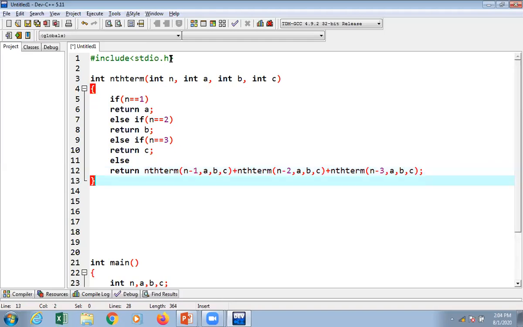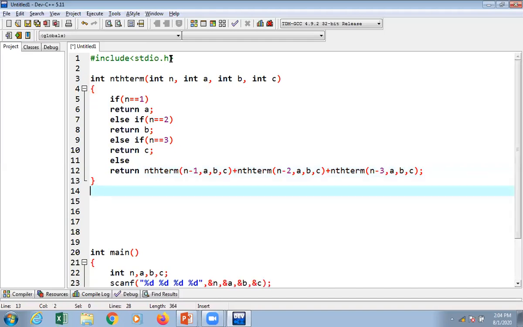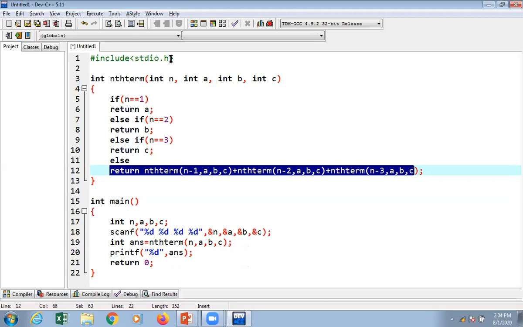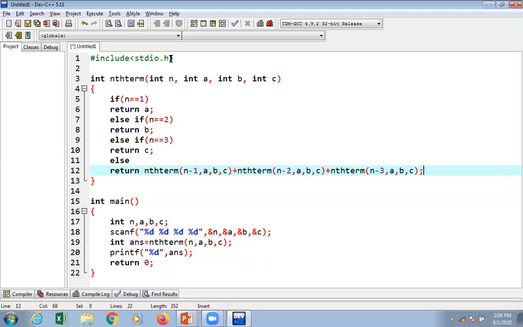So I think all of you are able to understand this? So we have just used recursion here. So first three terms it is clear, and for the fourth term or the greater term, what will you do? Suppose I am taking the example of the sixth term. For the sixth term, this part won't work, this part won't work, this part won't work. So here it will go. So it will be going for fifth, fourth,